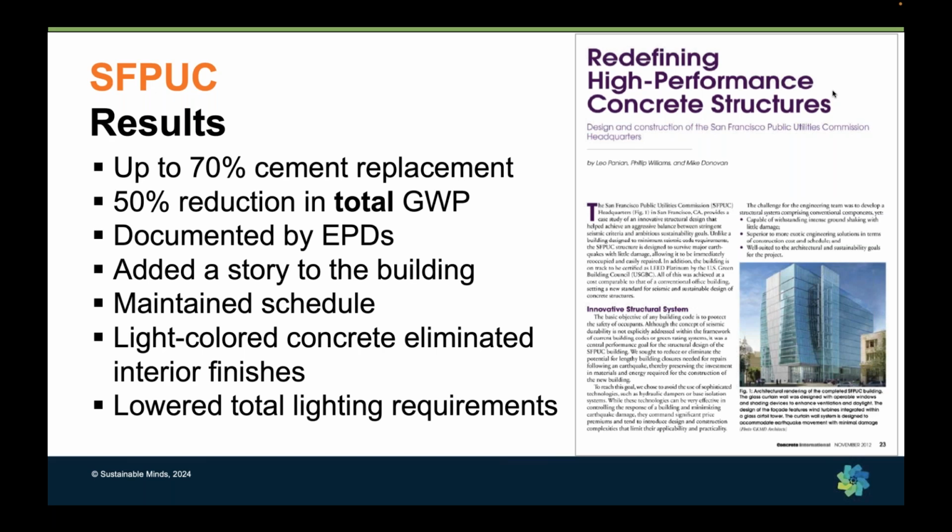The building was originally designed in steel, and by using an innovative structural design approach with the concrete frame building, we were able to add a full story at the same cost and the same ceiling or story height. We maintained schedule, and the mix that we came up with was light colored. The architect and the owner decided they could eliminate some interior finishes,